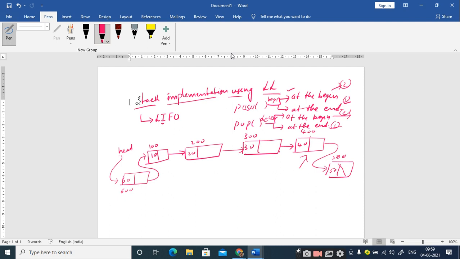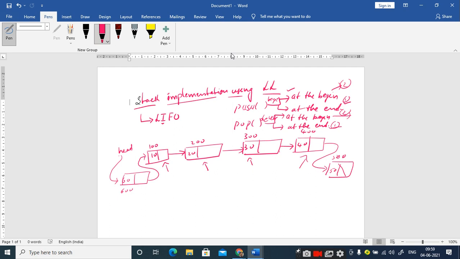Each and every time, I have to check the address part and then move the temporary pointer to the next node. Like this, there are a lot of operations involved in the insertion of a node at the end.